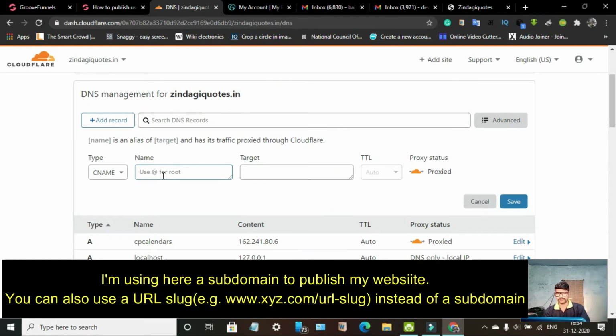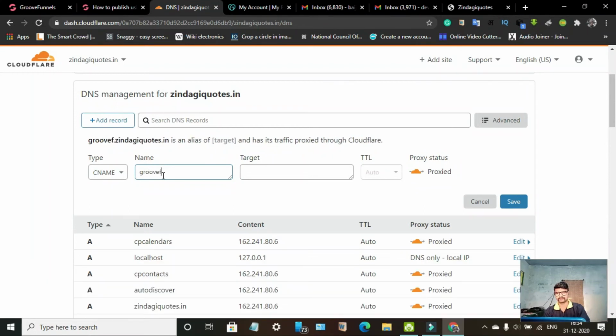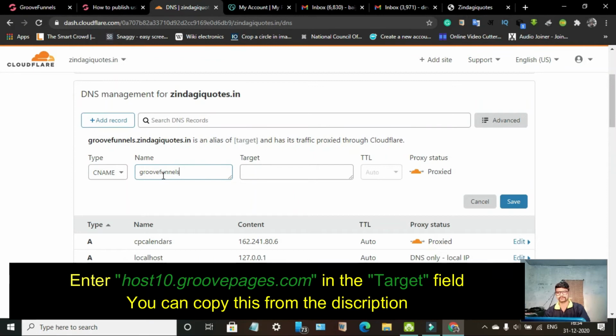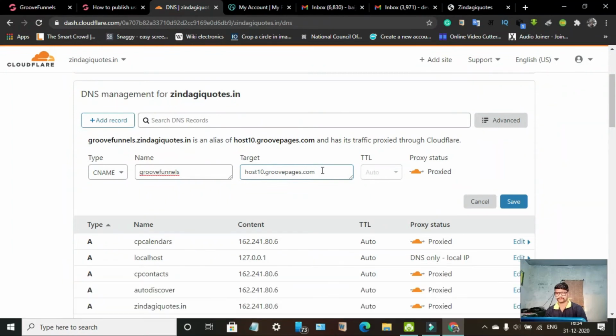For example, I'm just using Groove Funnels here. In target, you have to paste this address, which can be found in the Groove help desk. After pasting, click on save.